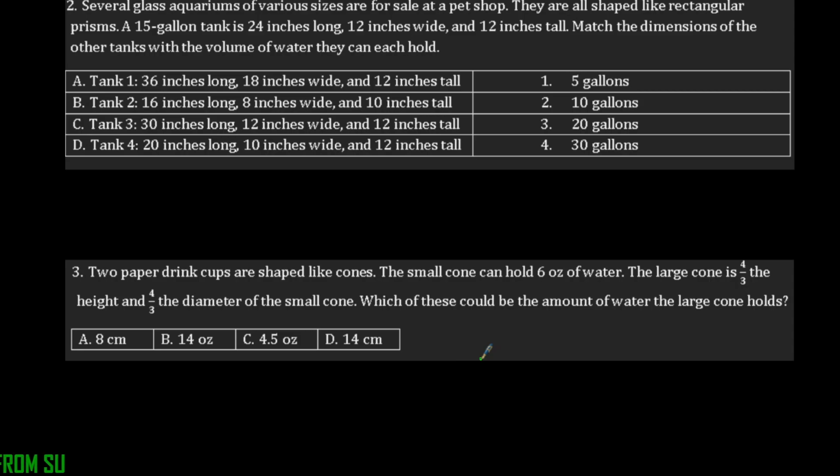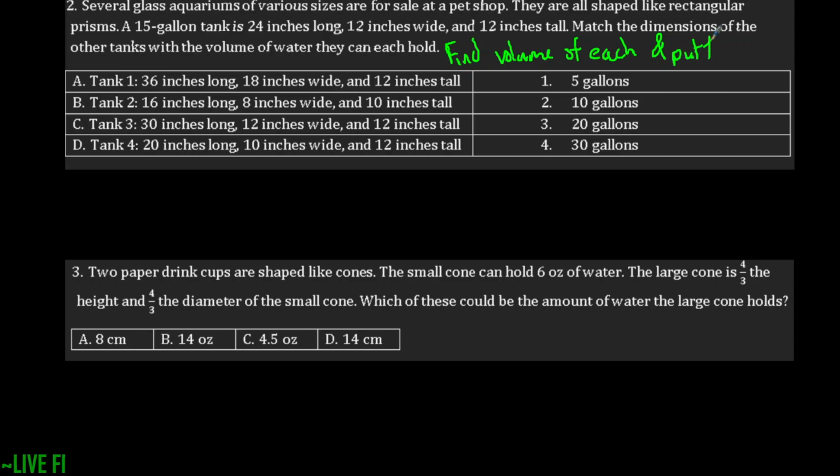And it says a 15-gallon tank is 24 inches long, 12 inches wide, and 12 inches tall. Match the dimensions of the other tanks to the volume that each can hold. So what I'm going to do is find the volume of each and